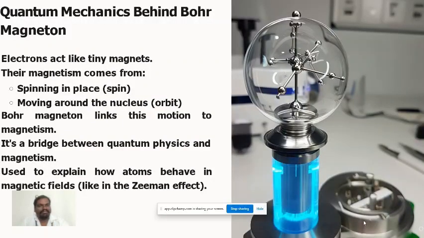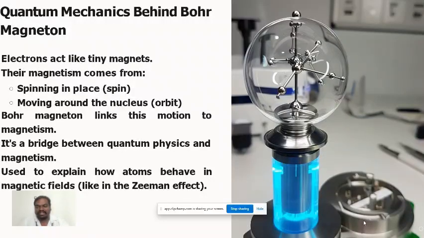Quantum mechanics behind Bohr magneton. Electrons act like tiny magnets. Their magnetism comes from spinning in place, spin, and moving around the nucleus, orbit. The Bohr magneton links this motion to magnetism. It is a bridge between quantum physics and magnetism, used to explain how atoms behave in a magnetic field, like in